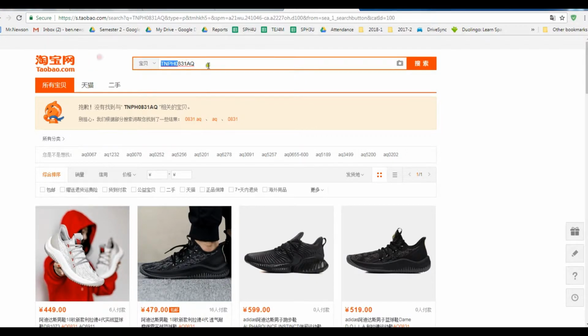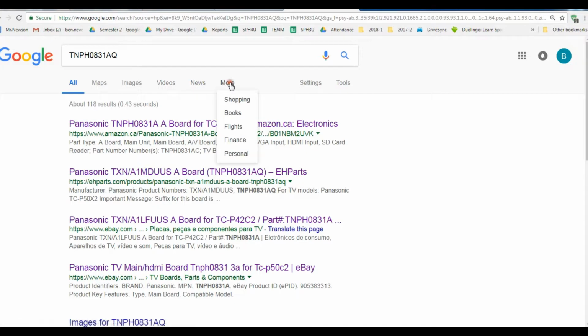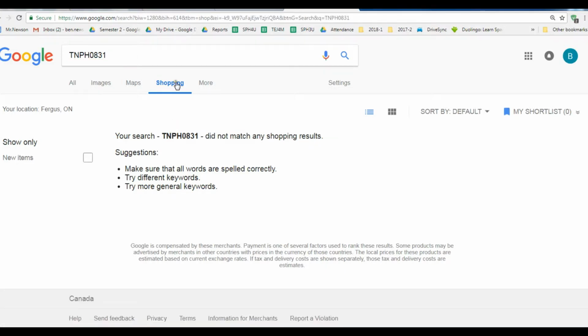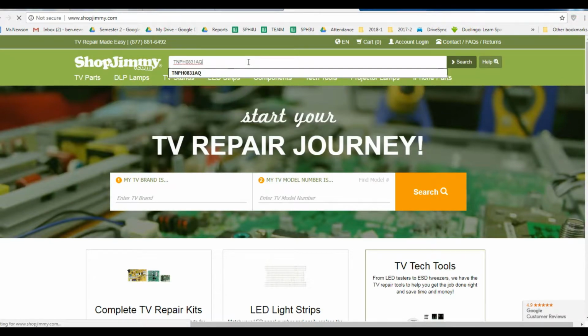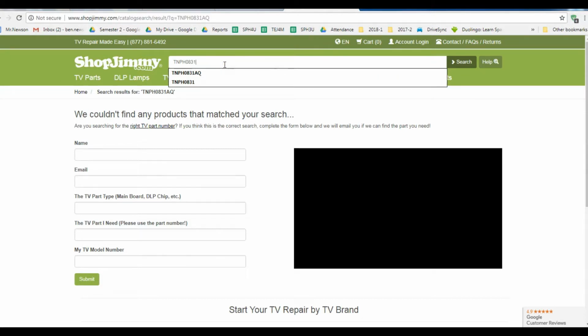If you scroll, you can Google it. If I went into Google, I like to go to this button called shopping. Shopping didn't have it. Even if you take out the suffix code and just look at normal ones, it really doesn't have it at all. So it's a shop called Shop Jimmy for TV parts. If you put that in, you can search. You can see in Jimmy Shop, searching for the code, it says we couldn't find the product. Even if you take out the suffix,